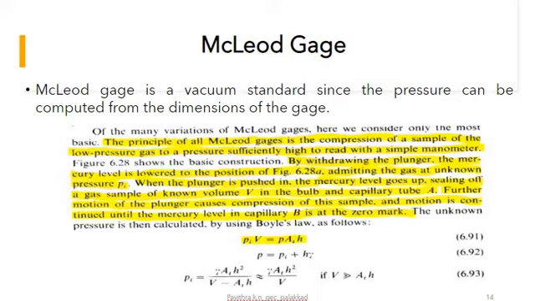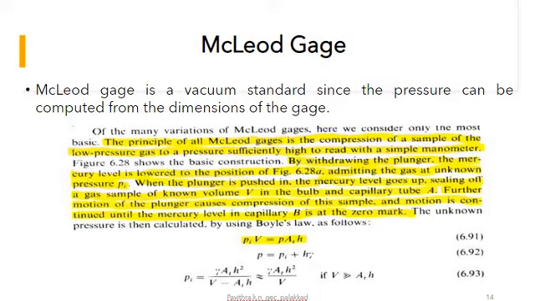The main drawbacks of the McLeod gauge are the lack of a continuous output reading and the limitations on the lowest measurable pressures. When it is employed to calibrate other pressure gauges, a liquid air cold trap should be used between this McLeod gauge and the gauge to be calibrated.